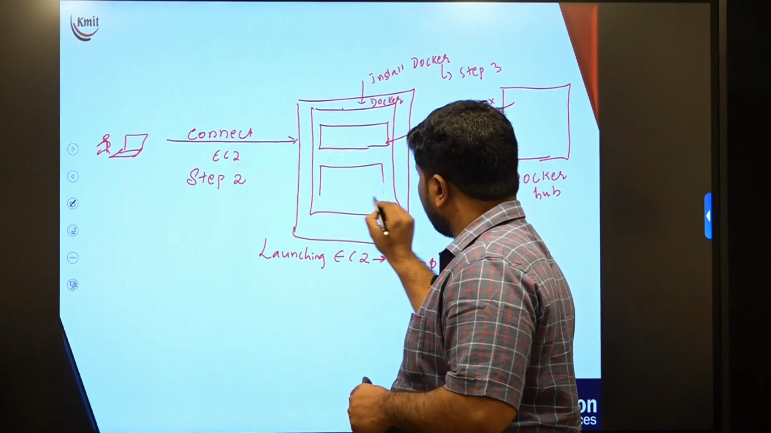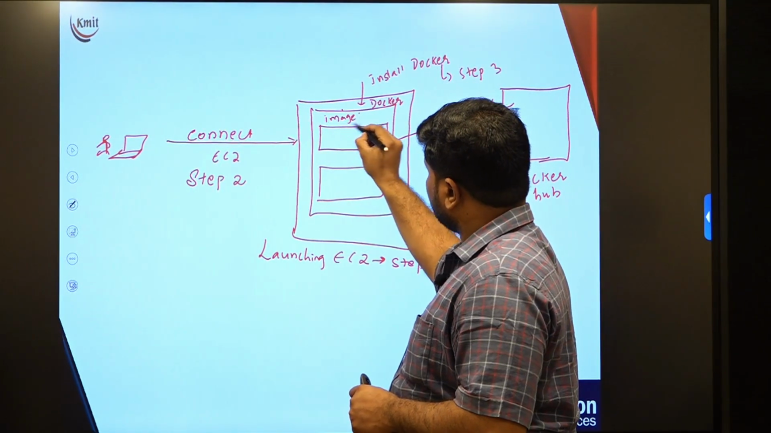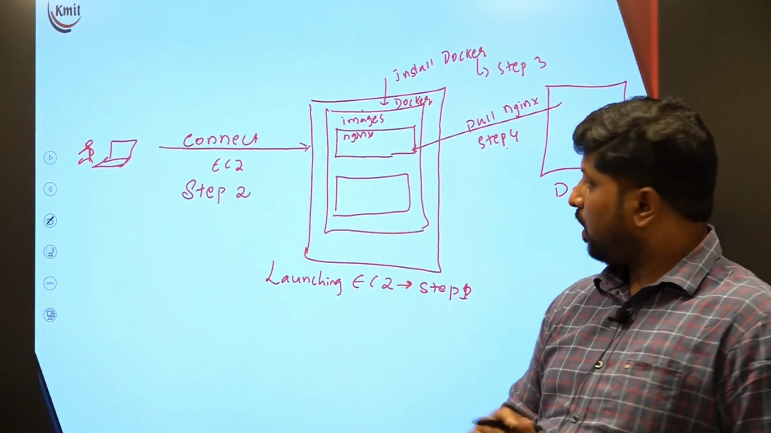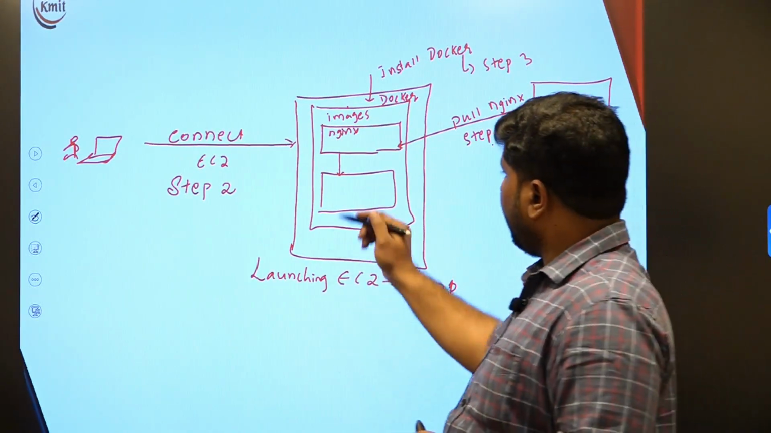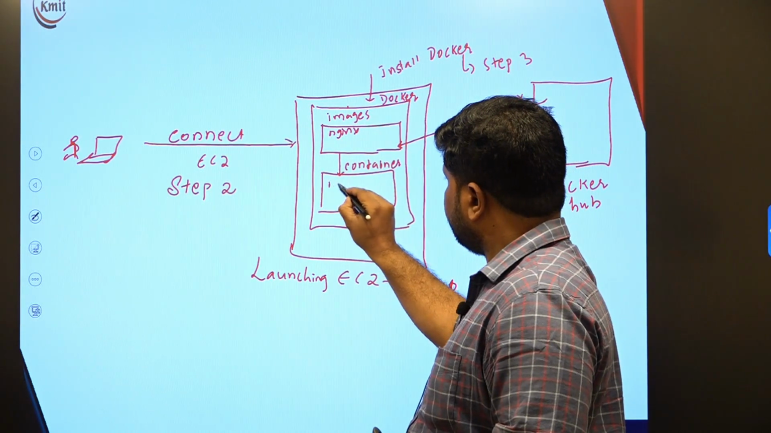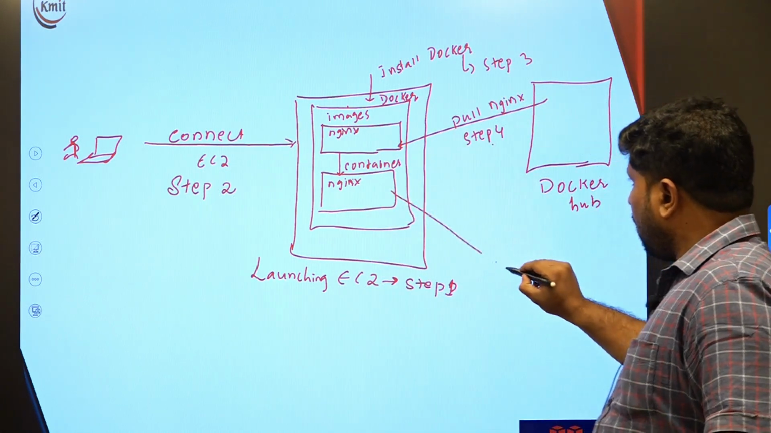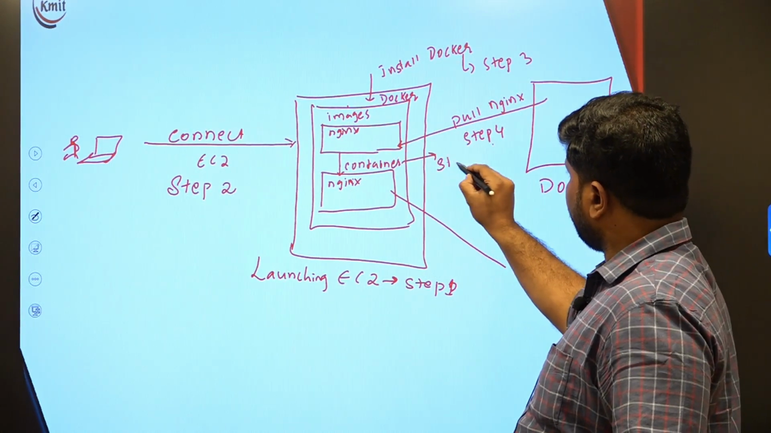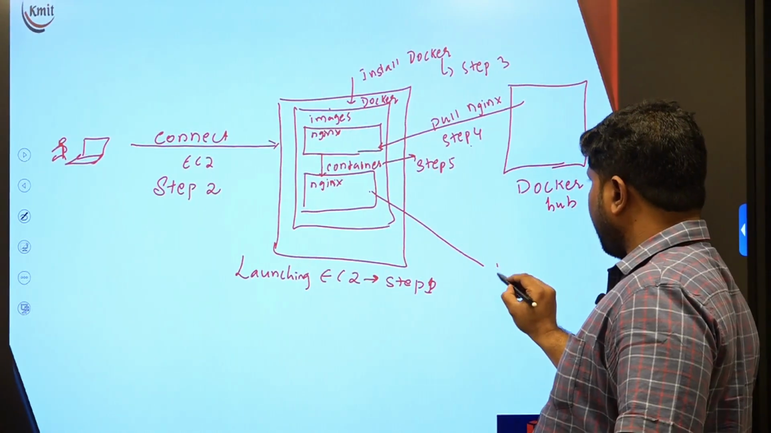Docker has 2 repositories within it. One is treated as images. So, your Nginx server will be sitting in images. We will make this Nginx image run in a container of Docker. Once the Nginx is running in the container, this running is treated as step number 5, and for step number 6 we will connect to